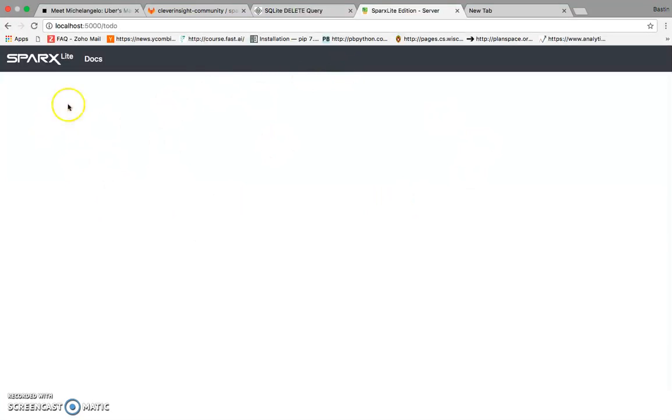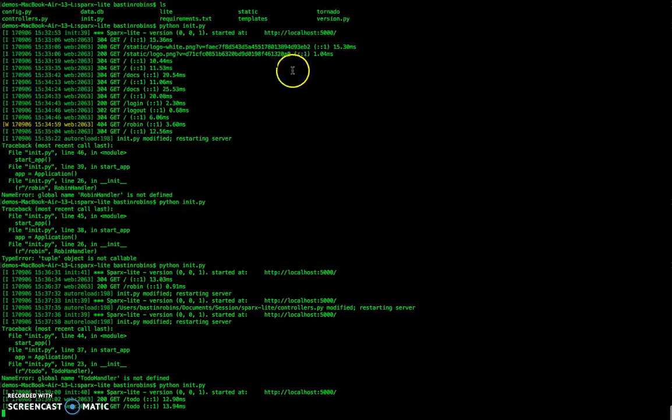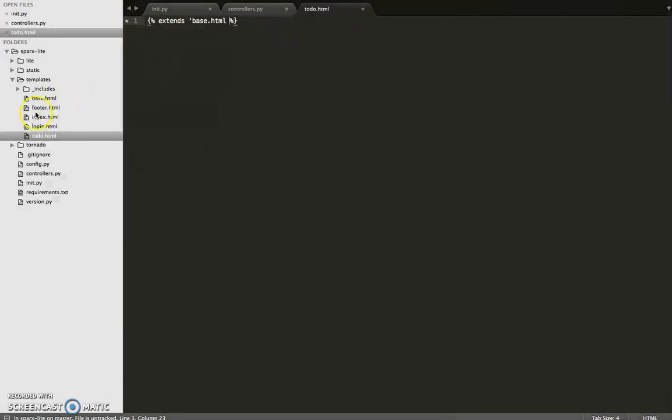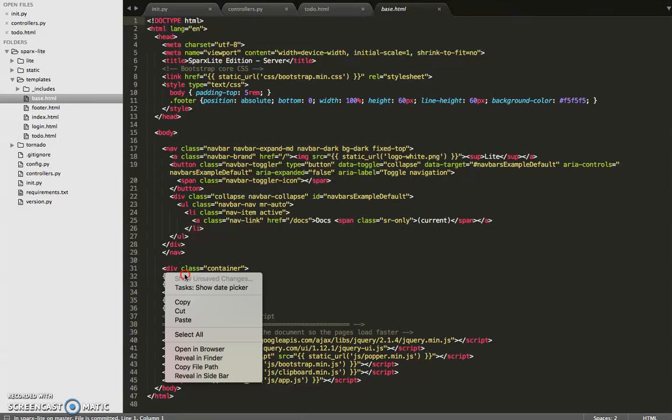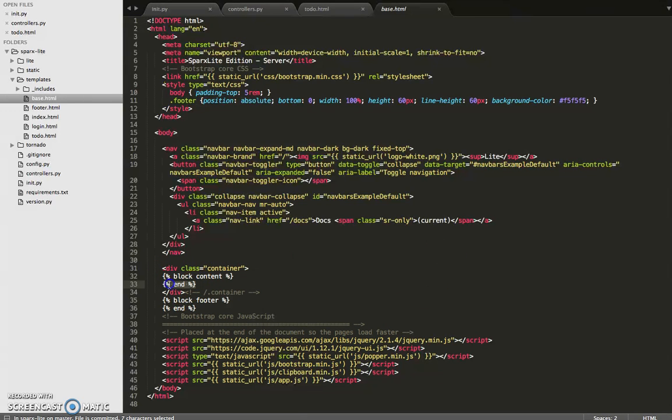Now if I just want to paste anything inside the particular layout, what I need to do is, when you go to the base directory, this is the base class which has all the contents. We are directly inheriting it, and there is a block called content, and the block ends here. So in